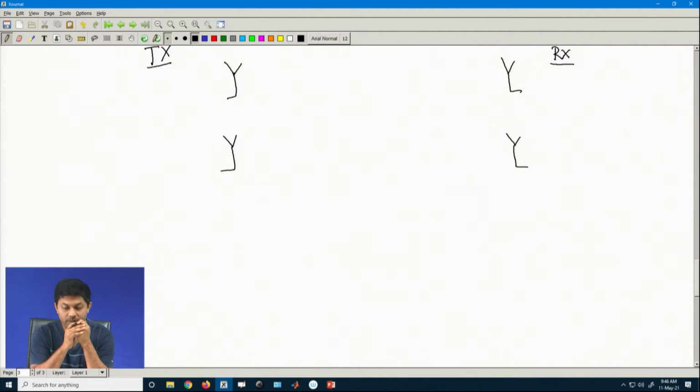Okay. Now, what is the big deal about it? I would say it is just an extension. So, if you understand how the first one works, this will be just a cakewalk. So, you can think of, this is the first antenna, this is my second antenna, this is my first antenna at the receiver, this is my second antenna at the receiver.